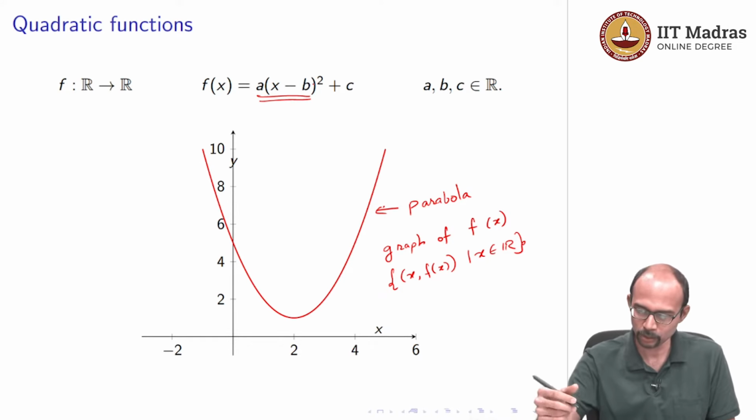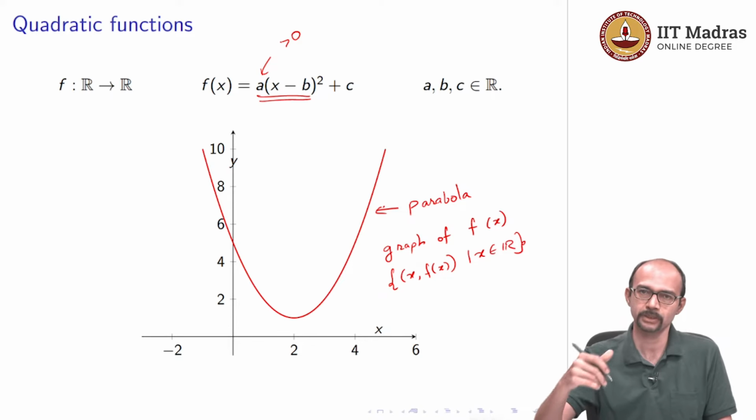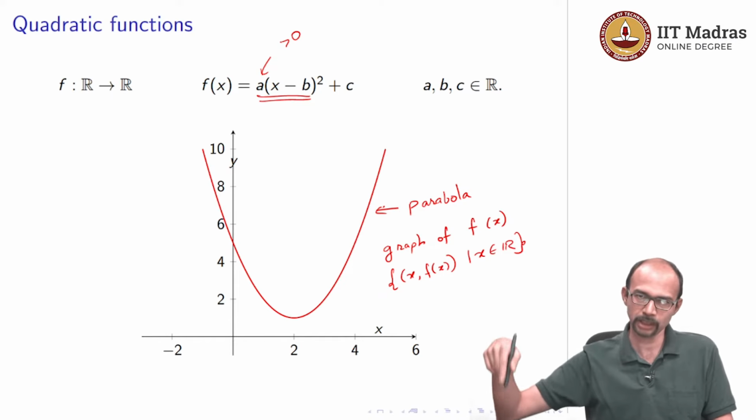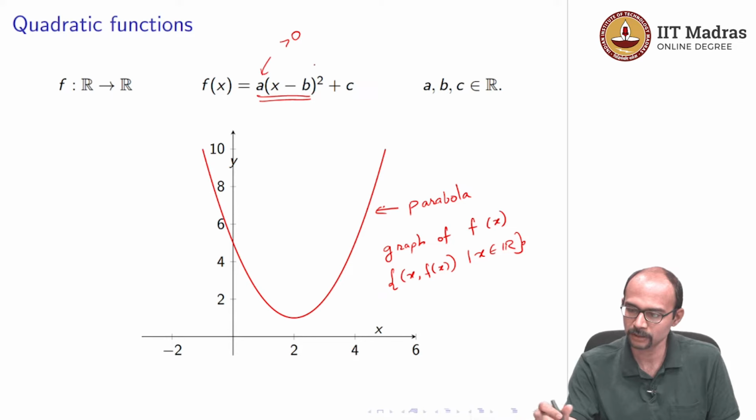So the first thing is, when the graph is like this, a is going to be positive. So this a is positive if the graph is a parabola like this, and a is negative if the graph is a parabola like this. And then further, once a is greater than 0, the smallest value of this function is taken when x is equal to b. In this particular case here b is equal to 2, and once we know b is equal to 2, you substitute